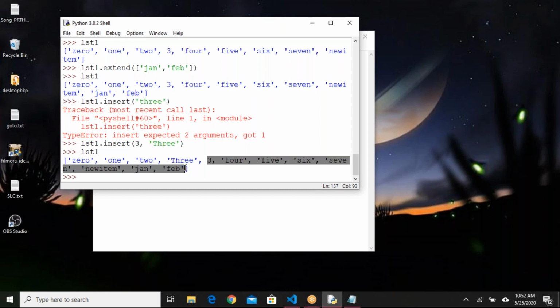Okay, if I want to delete one element, say for example, all are strings only, but this number 3 is integer data, and THREE 3 is also available here. I want to remove it. By mistake or due to some program I have added this, but I want to remove it. How can I remove that?